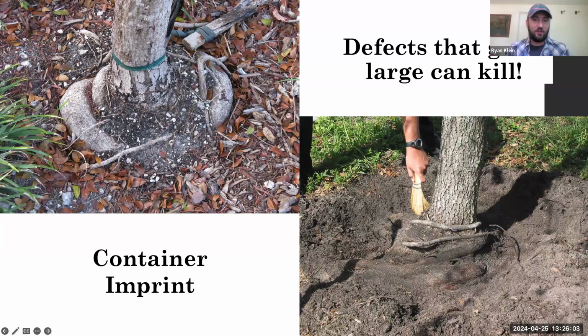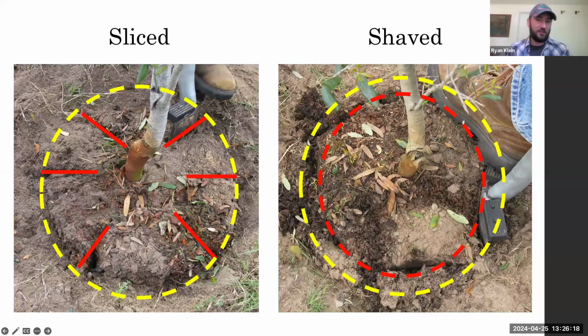Left long enough on the tree, they become large and they can potentially lead to stability issues or kill the tree by cutting off the vascular tissue if it chokes the trunk of the tree. So what we can do here with the girdling roots, you can just use some snips, some pruners, and take care of those. When you have circling roots around the exterior of the root ball, you can either slice them, make 5 or 6 radial slices inward towards the trunk of the tree, or you can shave off the exterior a couple inches. You can use a spade, machete, handsaw, a variety of tools.